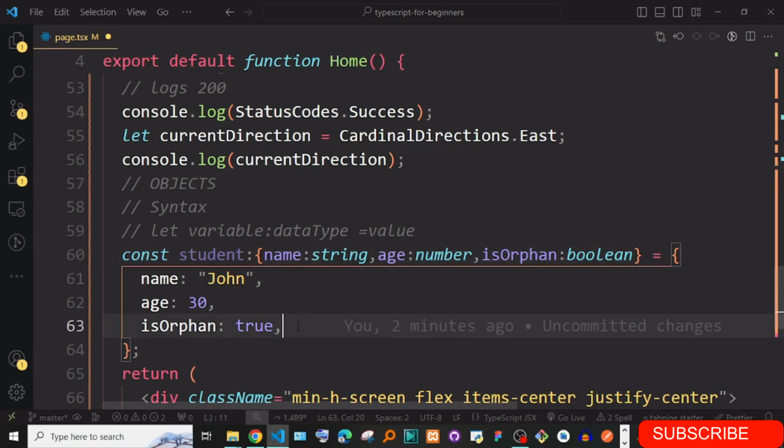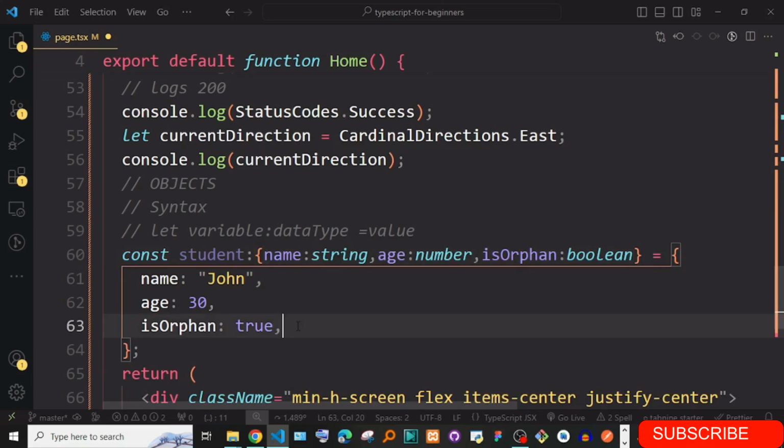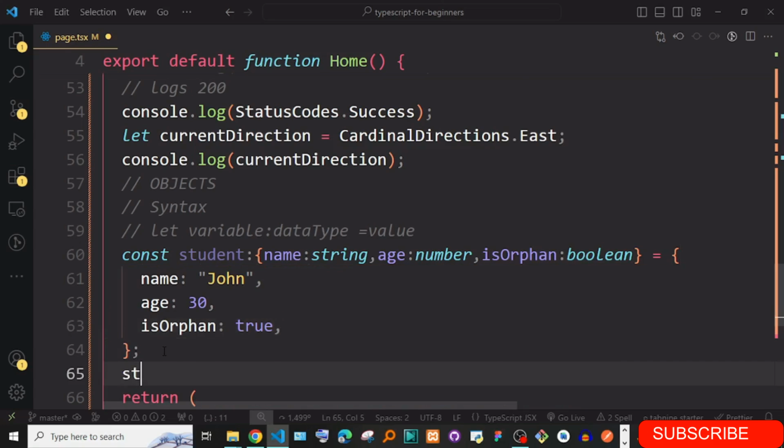If I came and added something else, so let's just say I forgot, and actually the common scenario would be, you can just say student.course is equal to maybe computer science. Okay, you just do those things, computer science.